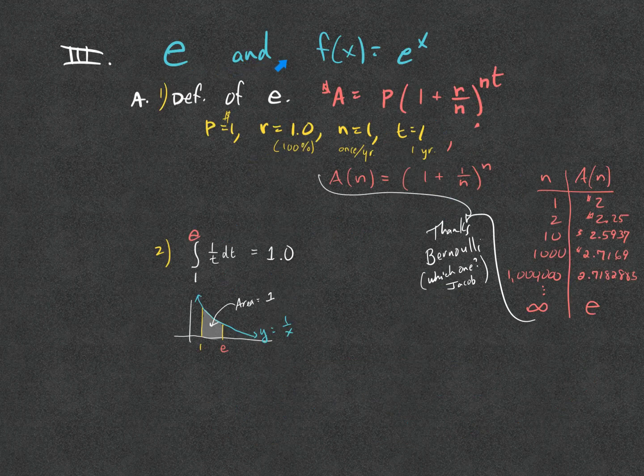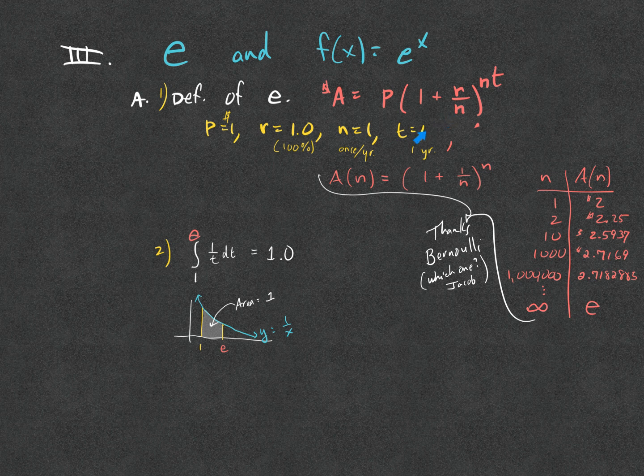Last thing was about e and the function f of x equals e to the x. The definition of e comes from compound interest. It was Jacob Bernoulli, they say, who first came up with this. If you invested a principal of $1, earning 100% interest rate, so r is 1.0, being compounded n times a